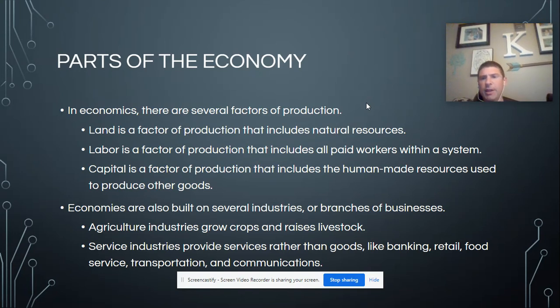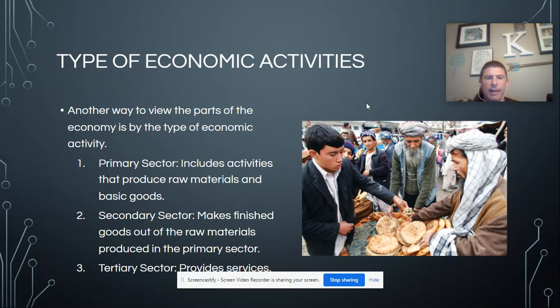So obviously, some parts of our economies are agriculture, and then we also have service industries, and these break down into different sectors. The primary sector produces raw materials. I think about mining as an example of a primary sector, or logging operations. The secondary sector is what is made out of that. So if a factory produced wooden chairs, that would be a secondary sector because they're going to take the wood that's cut down by the logging operation and use it to make chairs.